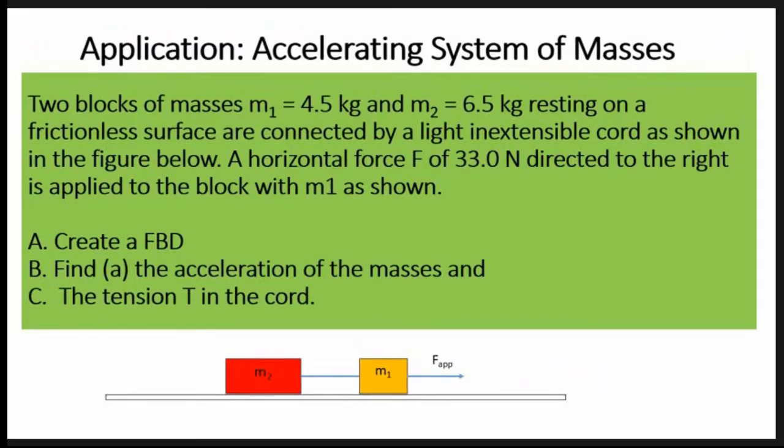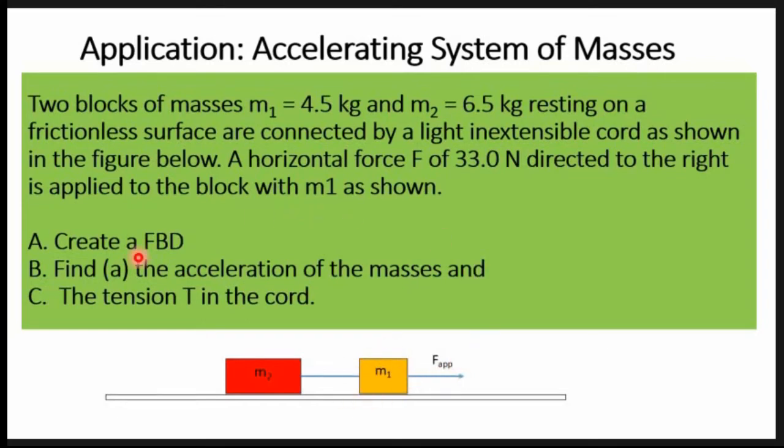Now, here's the application of the second law of motion. Two blocks of masses. We're gonna call the first mass M1, which has a mass of 4.5 kilogram, and M2, which is a mass of 6.5 kilogram, resting on a frictionless surface, are connected by a light and inextensible cord, as shown in the figure below. A horizontal force of 33 Newton